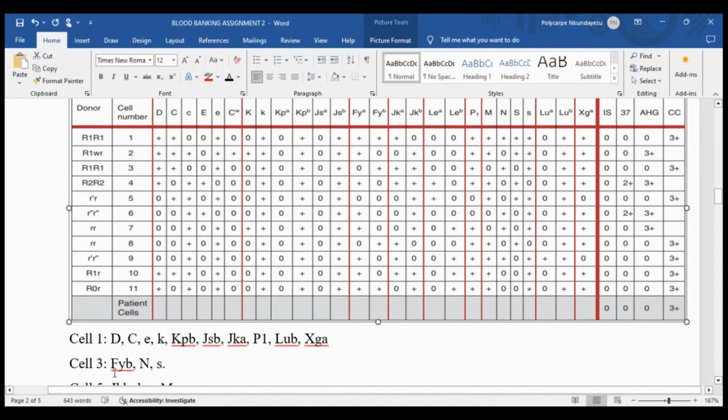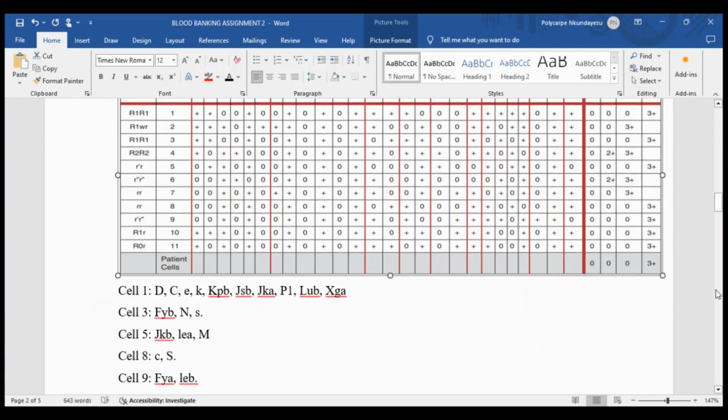So Duffy B is the only antigen we excluded, as well as capital N and small s. Otherwise, we can't remove any other antigen. And then we go to cell number 5, which is also negative here. Cell number 5, we are also removing JKB and